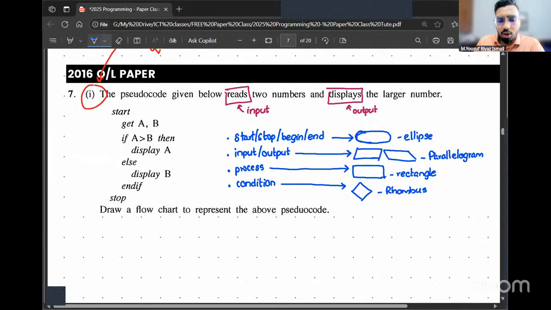And then how do you show the flow of instruction? Now, there is one more shape which is not used as often. I'll come to that later. But what do we use to show the instruction flow? Like after this, go for this instruction. After this, go for this instruction. To show the flow, what is being used? Perfect. To show the flow, we use arrowheads like this. You can call them arrowheads.